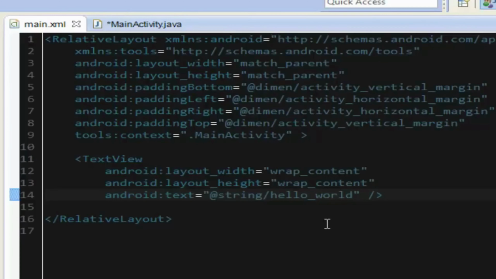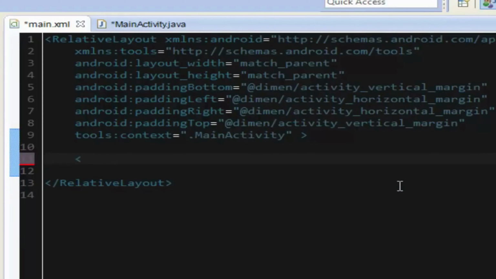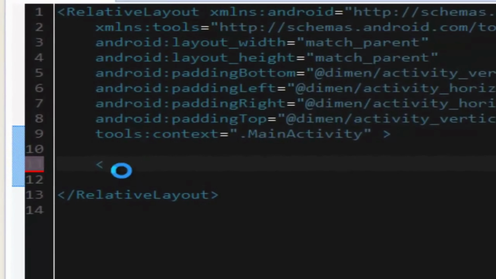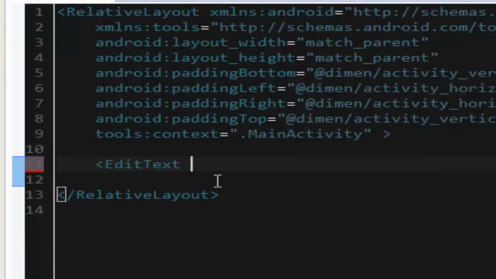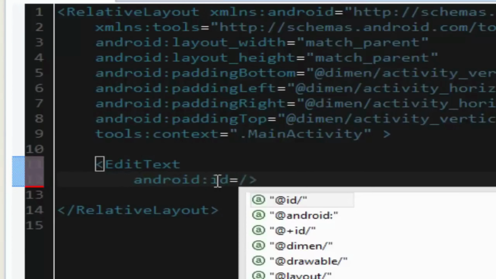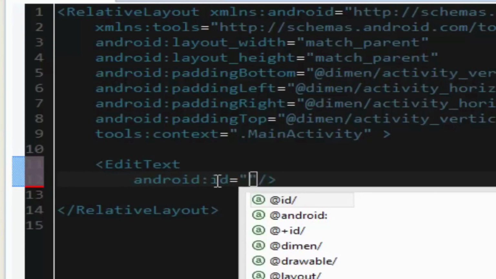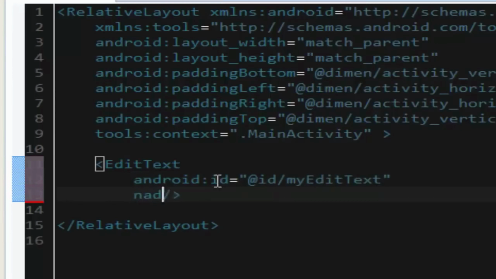Well, maybe not very easy if you're starting out. So what we will need is to clean this up. We don't need this right now, and we will go ahead and say we use the edit text component. Alright, sorry about that, a little bit of a freeze. So we'll say edit text, and we'll close that, and then inside edit text we want to say Android, and pass in an ID, and then pass in something called my edit text,